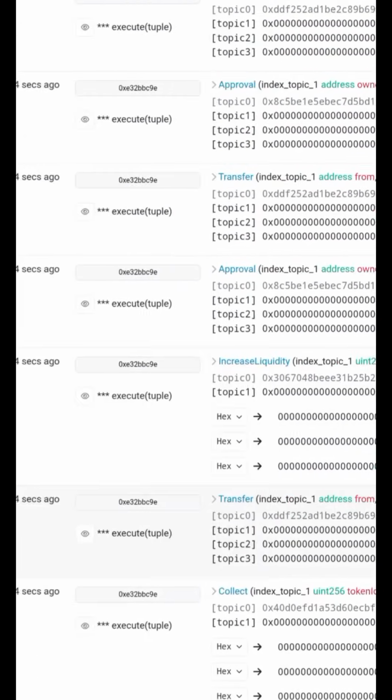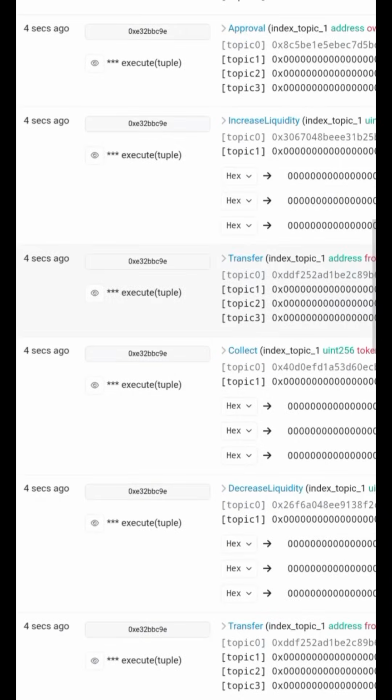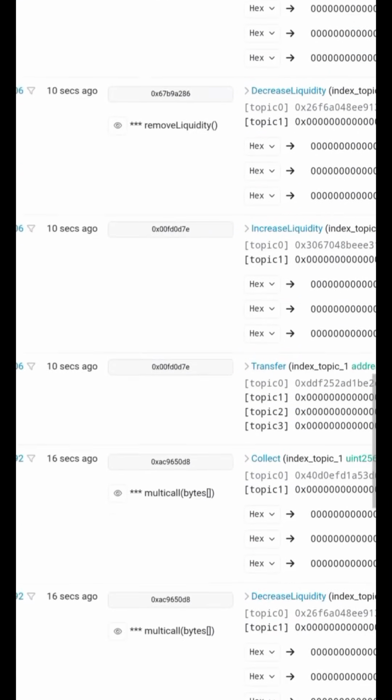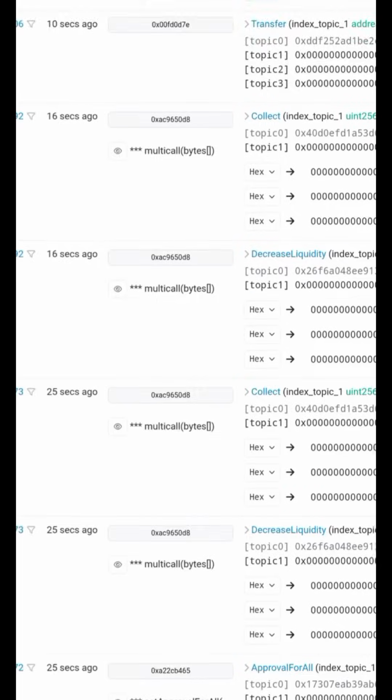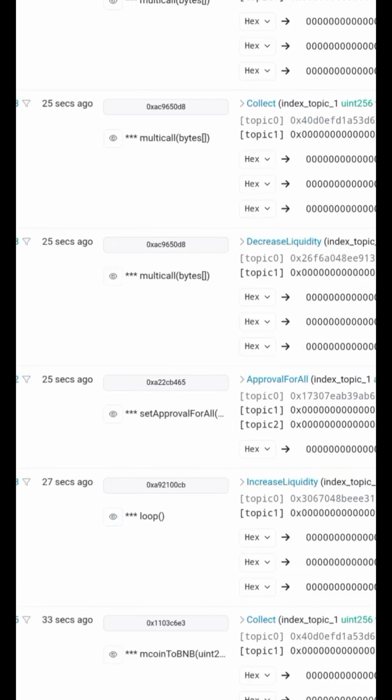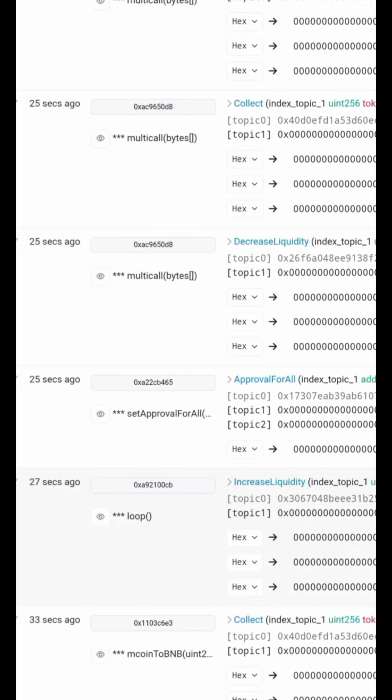So let us look for increase liquidity that has to do with the loop, because the Bitnest own is the loop, where you loop. Once you loop, the liquidity increases. So there is a wallet that is in charge of these whole functions, increase liquidity and the rest of them. So if you go to the loop, you will see